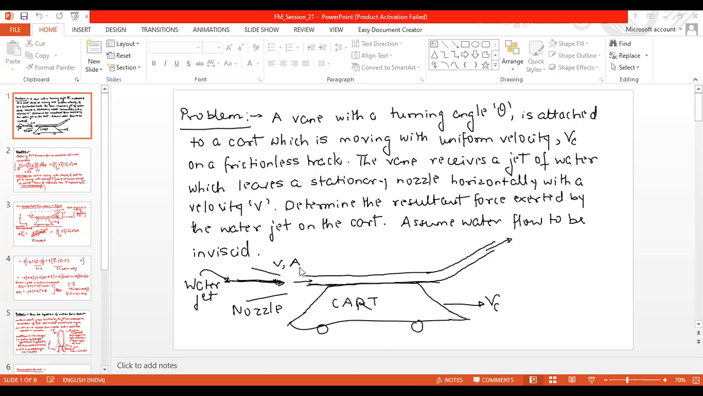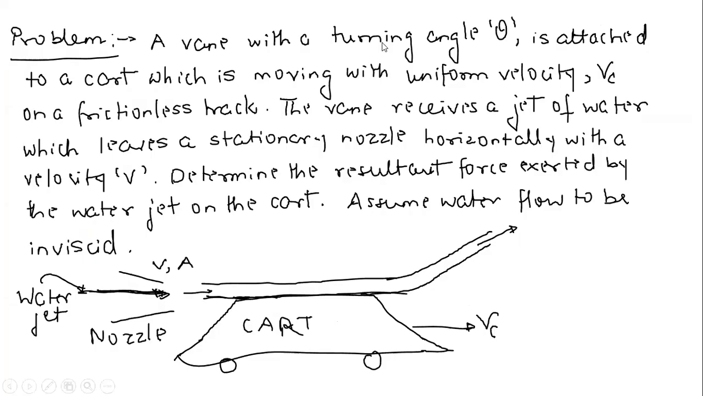Okay, so let us see the application of Reynolds transport theorem in context to conservation of linear and angular momentum. So let us start with the problem for linear momentum. So if you see here, the problem is given as that